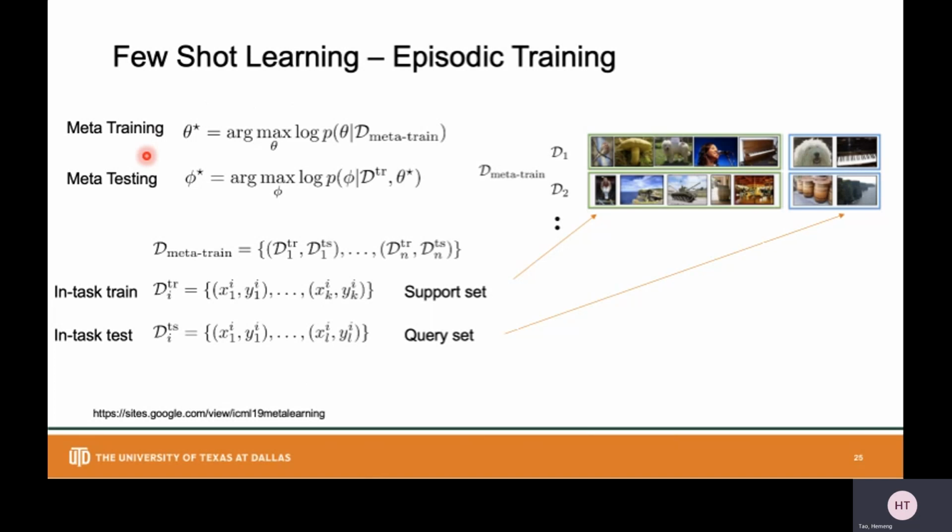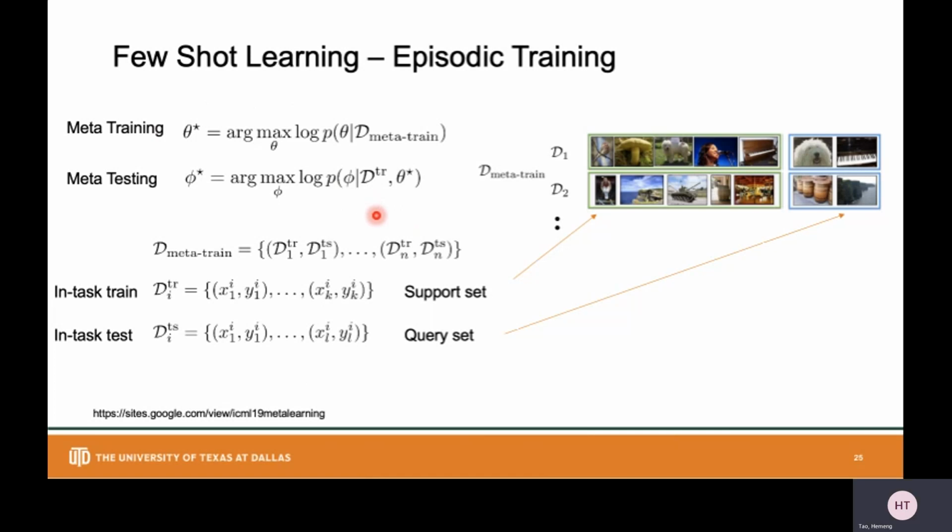With very few labeled meta-test data, which can be one labeled data for each class, or two labeled data from each class, and in this few-shot setting no more than 5 labeled data for each class. That's why we call it few-shot learning. It's very few. So with very few labeled meta-test data, the model can learn quickly.